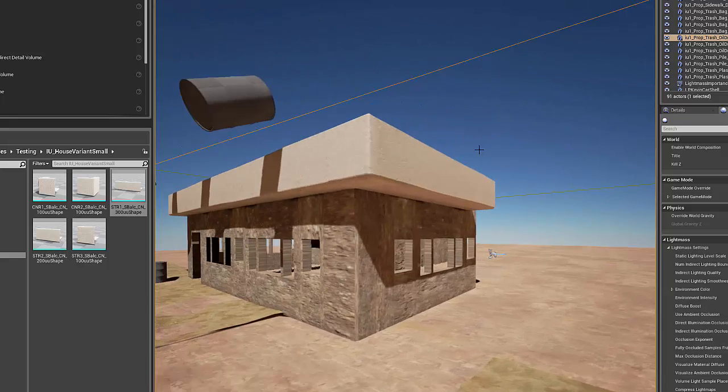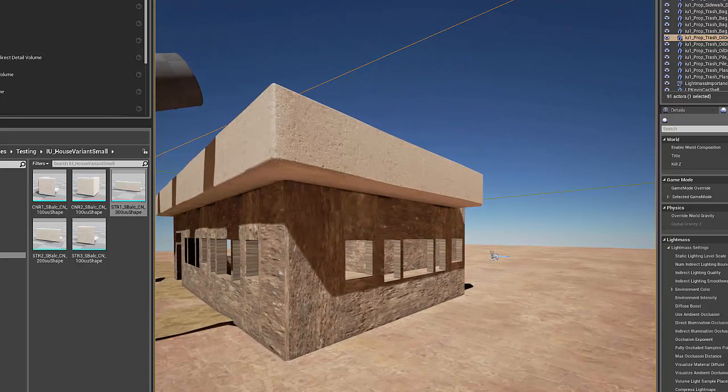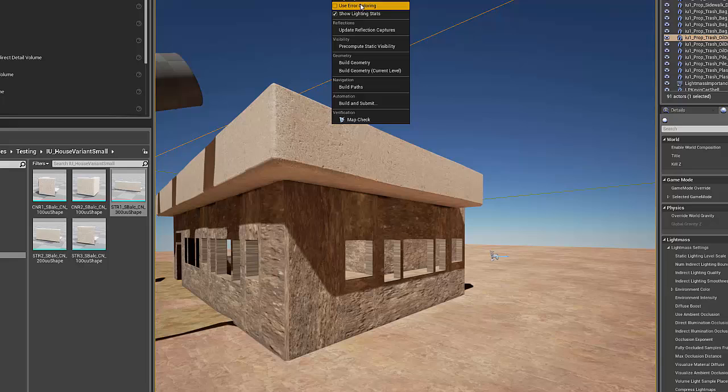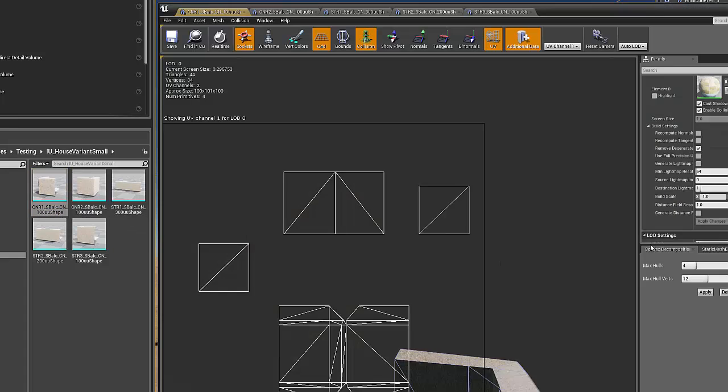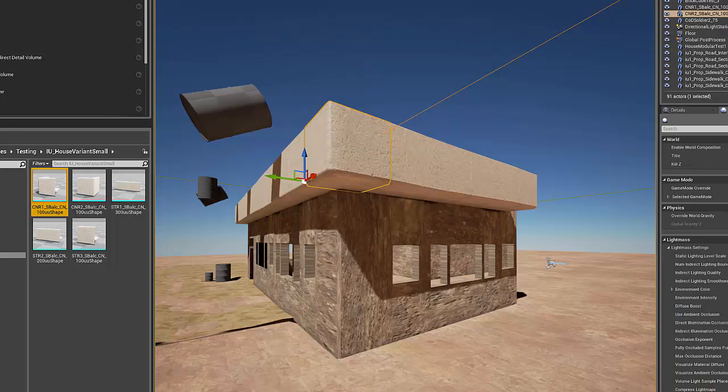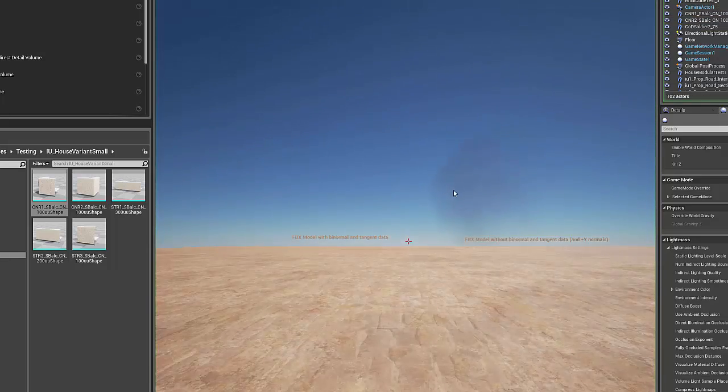Obviously, if you tweak the build lighting quality to high or production, you're going to get some better quality light maps. And one thing that you definitely want to avoid, but you can do, is raise your light map resolution. You want to try to avoid raising it too high, because if you raise it too high, especially for assets that are being kind of reused,